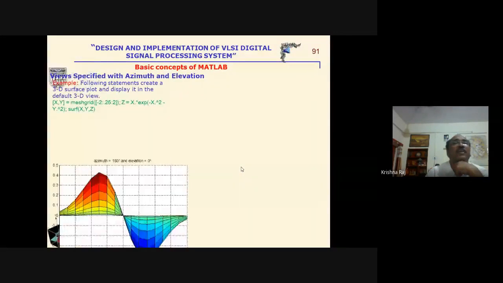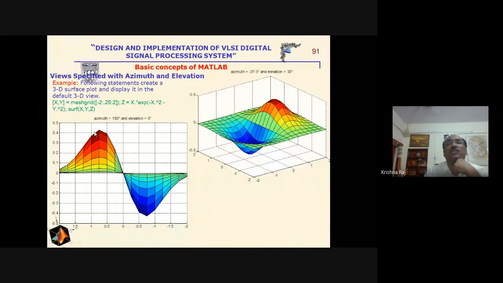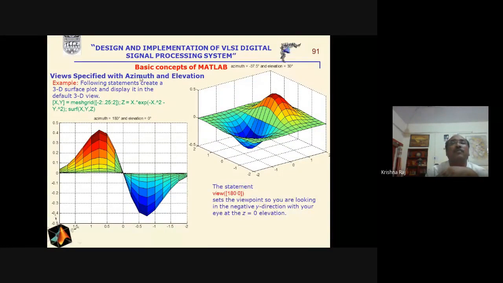So here we can decide the azimuthal and elevation angle, and accordingly we can decide which view has to be seen. For example, if we draw a graph, this one here is the mesh grid, and this is the surface plot of that graph. Suppose we are interested in the 180-degree view, then this will be the 180-degree view of this graph.